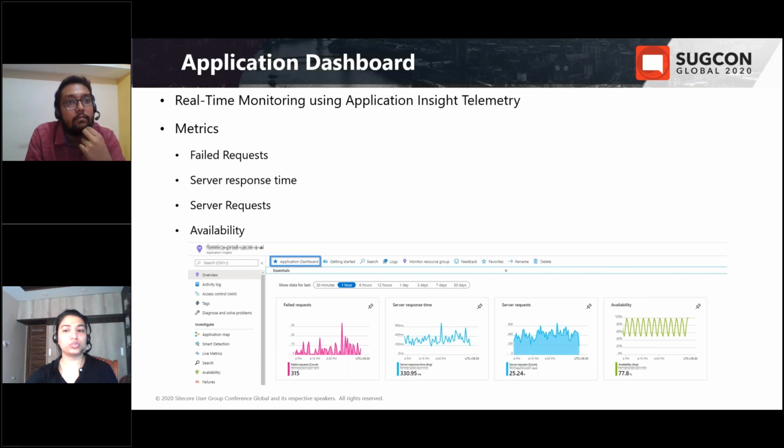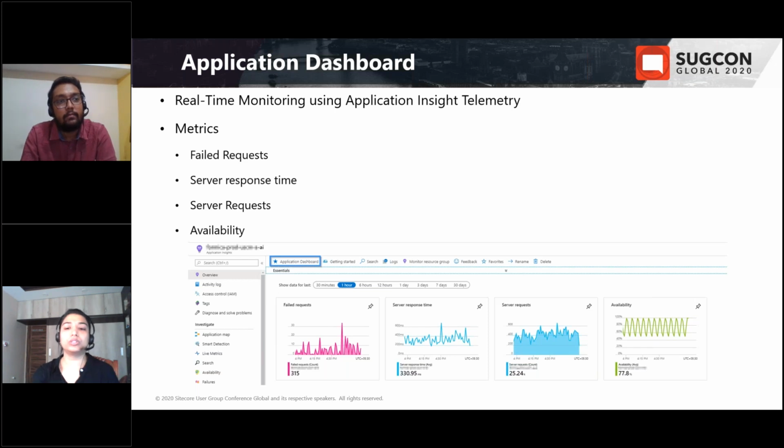This image shows the overview page of Application Insights, which displays failed requests, server response time, server requests, and availability metrics by default. You can view the default application dashboard by selecting application dashboard in the upper left corner.